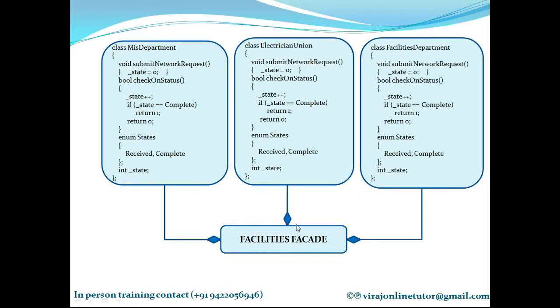Hence, I am designing a facilities facade. Facilities facade will just give me a very simple interface, and I have to talk to only that simple interface. How simple is that? Instead of me talking to each of these classes individually, it's best if I can talk to some guy who is a point of contact to me, and that guy will internally handle the complexities. Let him do it. Why should I worry about it? So I will just talk to facilities facade. This is just like the call centers we call when we have issues in a product. So facilities facade will internally direct the request to the respective guys.